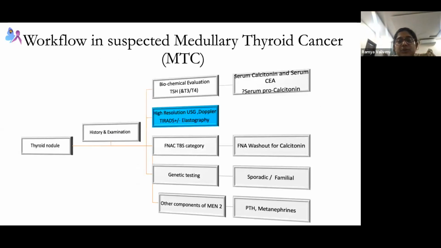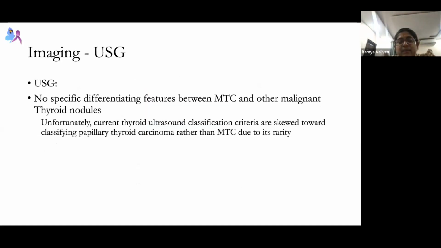So coming to ultrasonography, there are no specific things that point, like for example, microcalcification, which we all think of for PTC. There's no particular marker like that on ultrasound for MTC, but we know that it has the higher thyroid score, it's a hypoechoic nodule, and there could be lymph nodes. All these things are there, but there is nothing specific which tells you that this could be MTC versus PTC on ultrasound. But clinically, Professor Amit used to tell that the feel of the lymph nodes of MTC is rubbery. Personally, I never felt like that, but if asked in the exam, maybe you can say that.